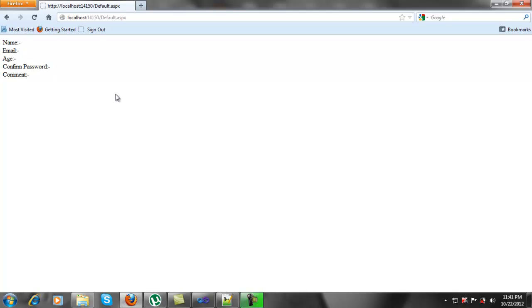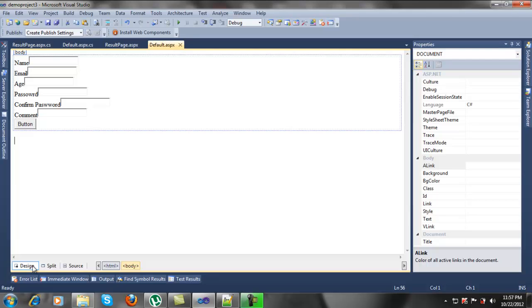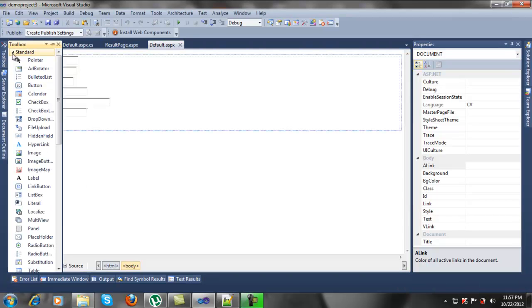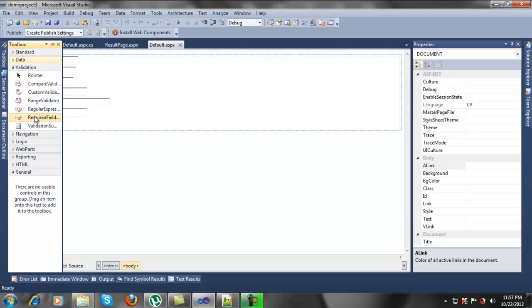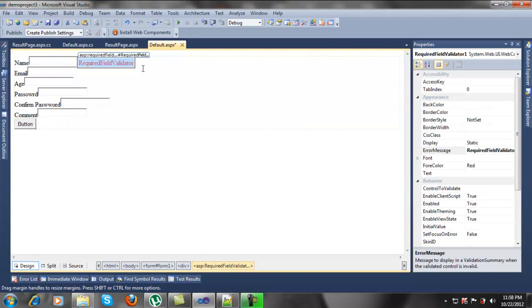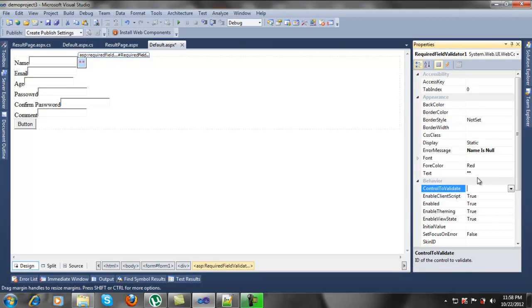To solve this problem, we need to add a validation to our form. So let's do it. Let's switch here in our design view, and here we have a validation control. We can use it. First I want to use a required field validator, and let's say name is null, and here I can say control to validate is text name,